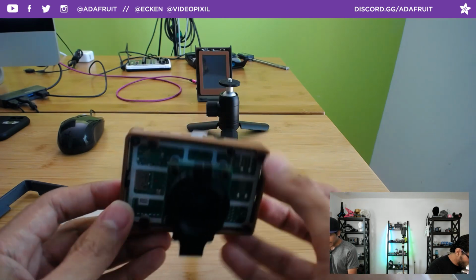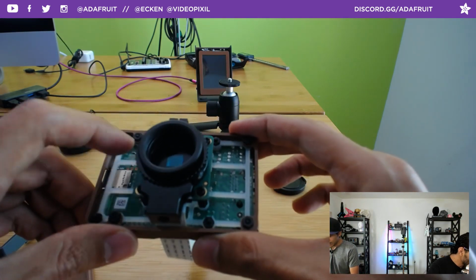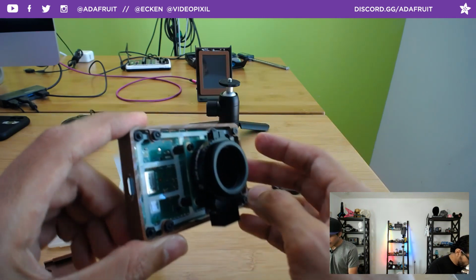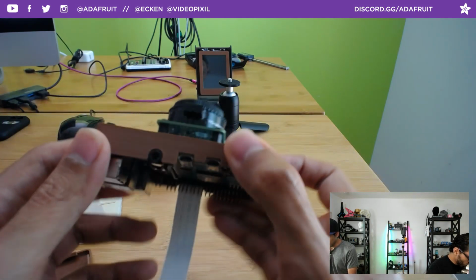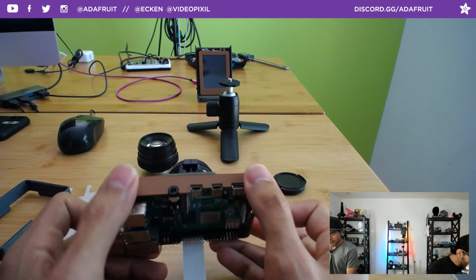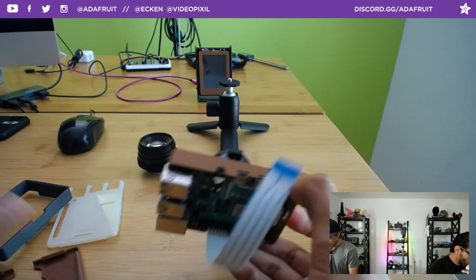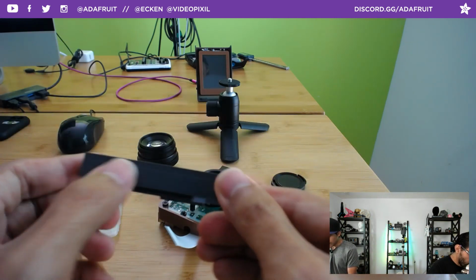And now you have just this frame here that has these tabs that are secured to the corresponding tabs on the PCB mount. So if you wanted to just have the PCB mount, you could totally do that. But I really like this frame because it gives you a little bit of surface area to grab onto. And you can modify these pieces to have extra, maybe a tripod screw in the top here for a display,